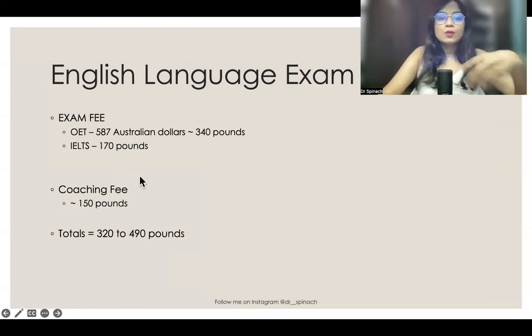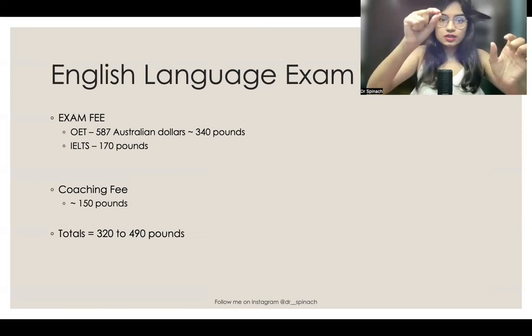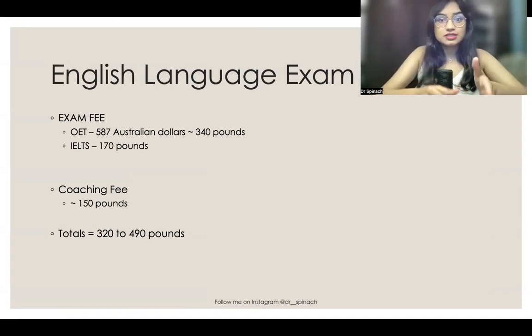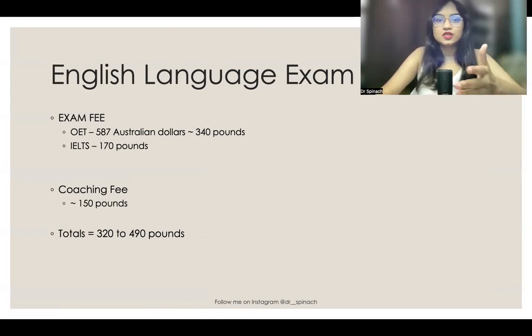Now, just multiply this number in pounds by 100, and you will get the currency in Indian rupees, that is INR. So for example, for OET, it is 340 pounds, but that means multiplied by 100 is 34,000 Indian rupees. Similarly, for IELTS, it is half of the OET exam, that is 17,000 Indian rupees. Now, in order for you to understand it in your currency, please check the conversion rates in your country currency,